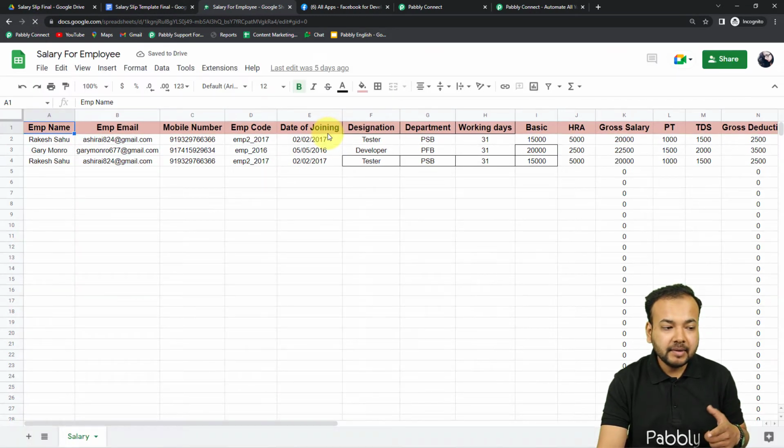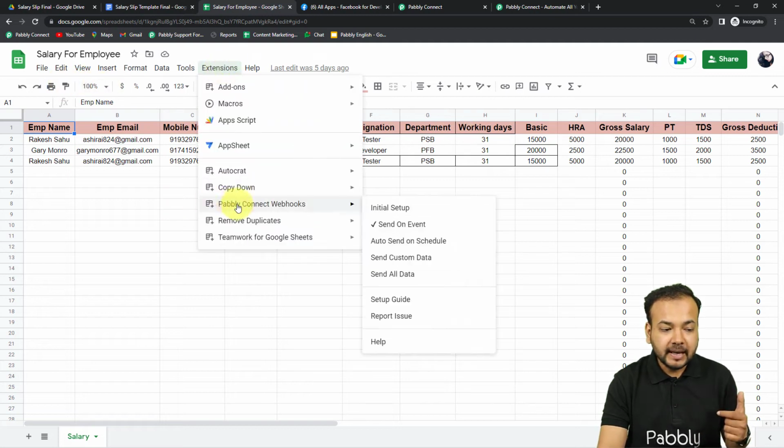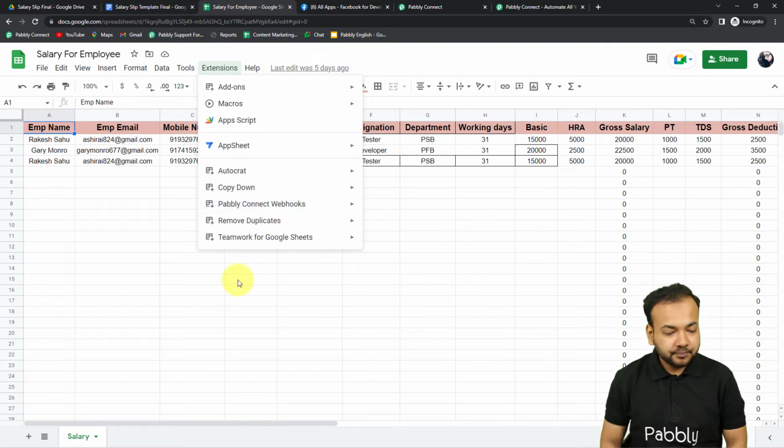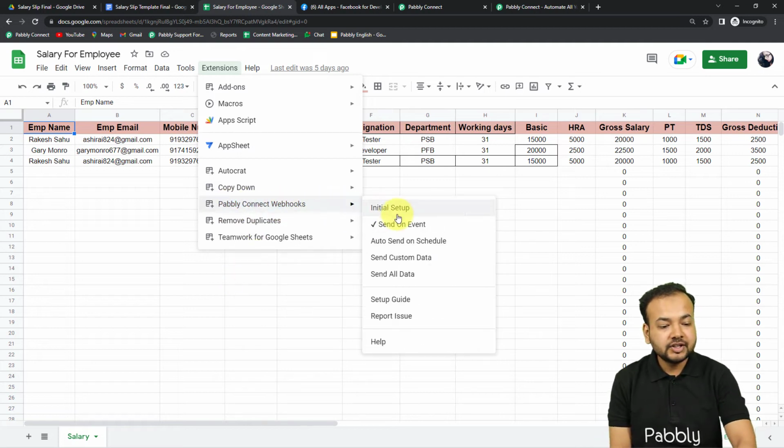This is an important step. After installing the Pabbly Connect webhooks add-on, refresh the spreadsheet, and after that when you click on extensions, you will find the Pabbly Connect webhooks option available in the drop down. From here guys, you have to click on this initial setup. From Pabbly Connect webhooks, click on initial setup,